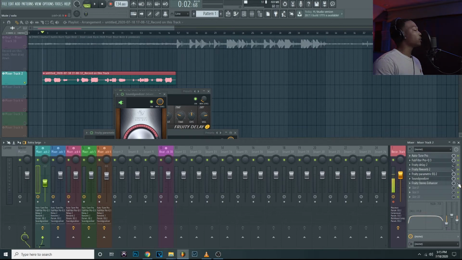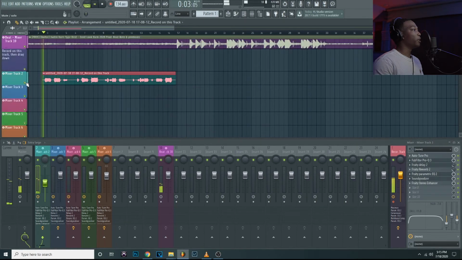And then this stereo enhancer, I really only use this for ad-libs, but I'll show you what it does, or really I can do it on this. So I do put the stereo enhancer, and it pans out your vocals. So with the beat,